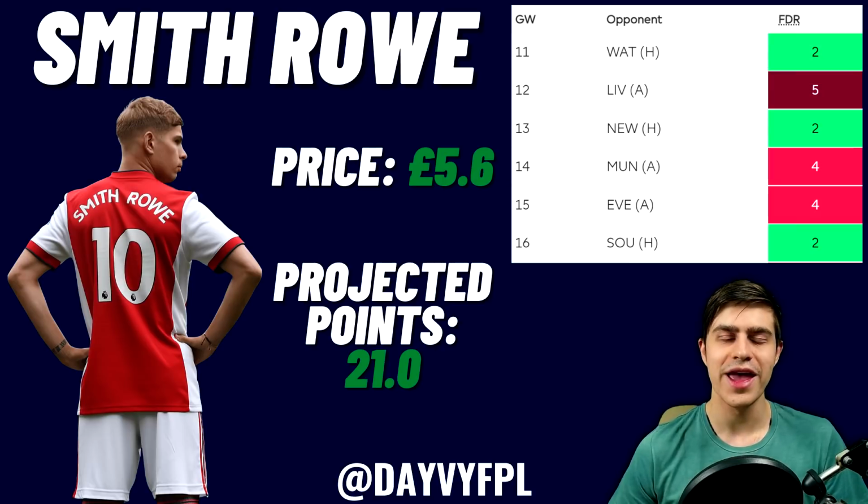Unfortunately with Smith Rowe, he kind of has a good fixture, bad fixture, good fixture, bad fixture, and you can see some rotation in and around there. But it is also good to know in game week 14 and 15, when he has 2 red fixtures, they're against United and Everton, who right now can't defend at all. In terms of the Arsenal options, definitely the best value for money that you guys can get, and at that number 10 role that he has taken up this season, looks a great value for money,